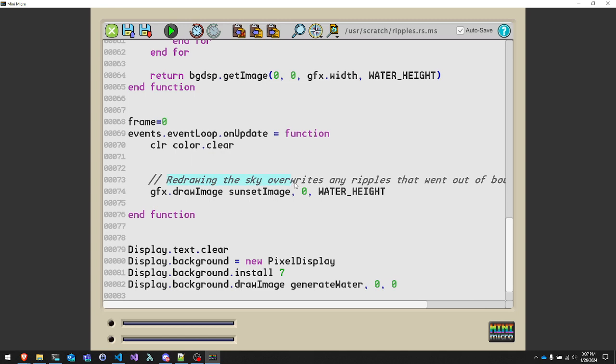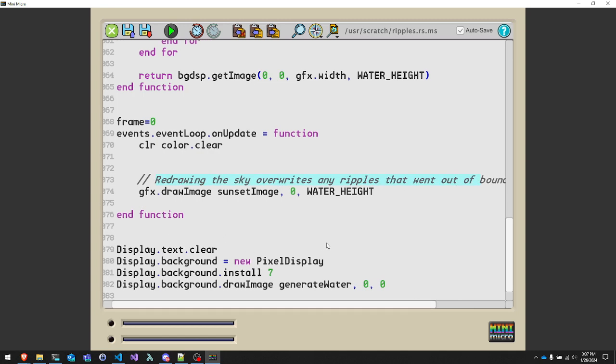I have a comment there. Redrawing the sky overwrites any ripples that went out of bounds. Basically, the water is going to be rippling, which is going to be sending ripples outwards toward the edge of the screen. If for some reason the rendering of that ripple overflows the edge of the water, we don't want ripples flying through the sky. That would just look weird. So we're going to make sure that when we're done drawing everything else, we then redraw our sky